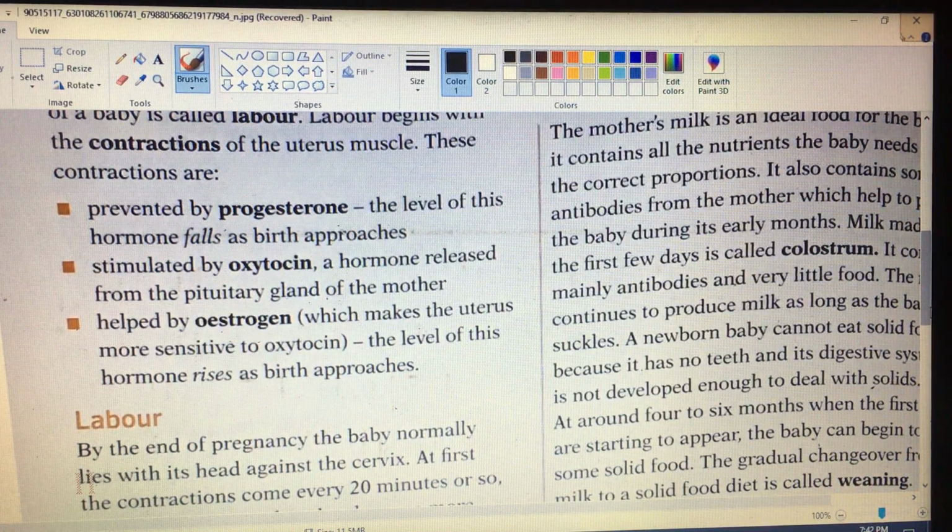Now, the last thing before starting with bottle feeding, at around 4 to 6 months, when the first teeth are starting to appear, the baby can begin to eat some solid food. So the gradual change over from milk to a solid food diet, we call it weaning. So weaning means